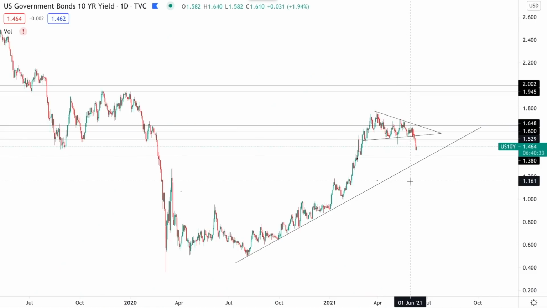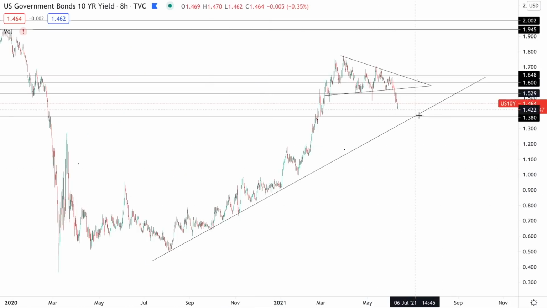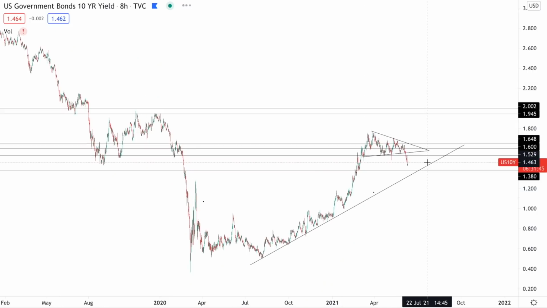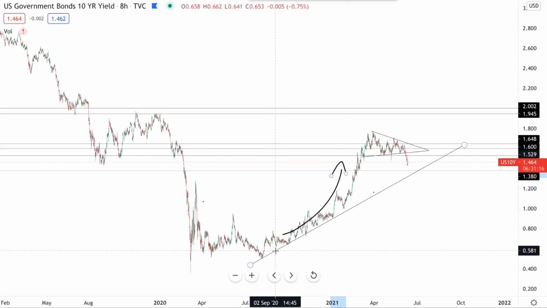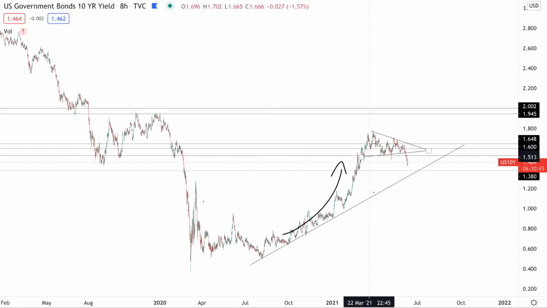Now, the second big question we're asking in this video is whether this is a counter trend correction in rates or a long-term reversal. Knowing which way the 10-year yield is going to go can give you a huge edge in the market, because that changes the entire market environment, right? In this move up here, we had rising rates, which benefited sectors like the financial sector. It made bond prices drop like a stone and pushed equities much higher. If we have a falling interest rate environment, that changes the entire context.